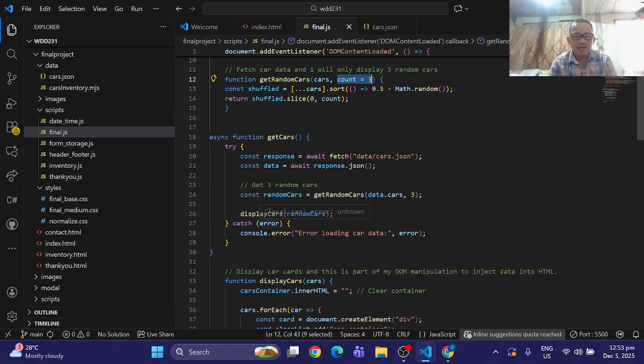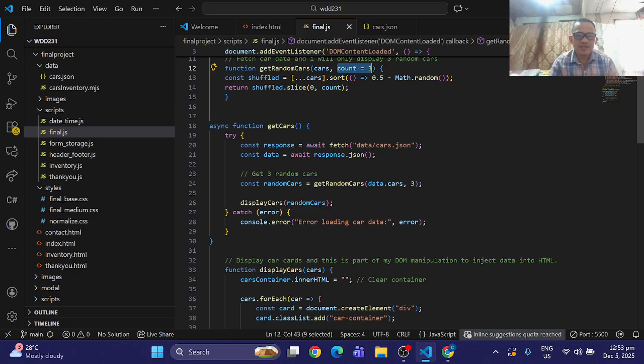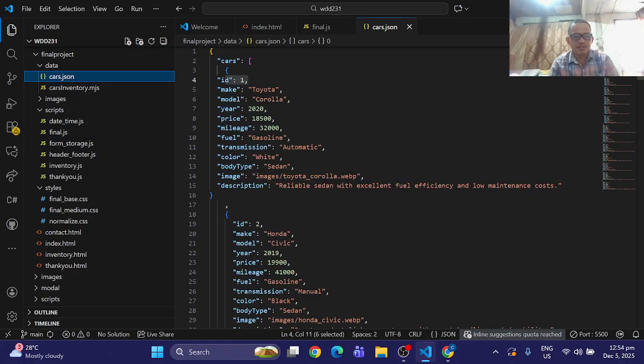Then I also have a catch error: if the random cars are not available from cars JSON, then an error will appear in the console. So for example, if we omit this one,